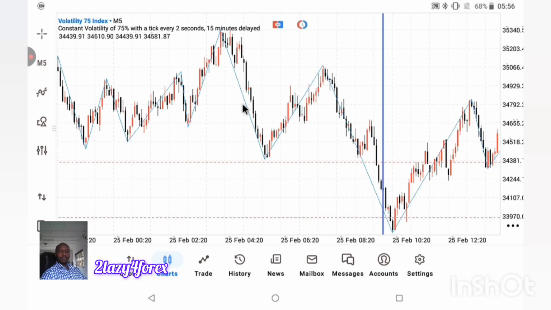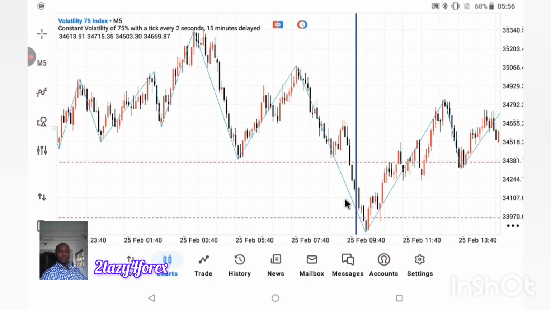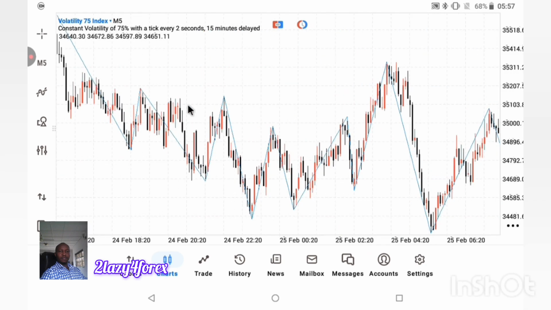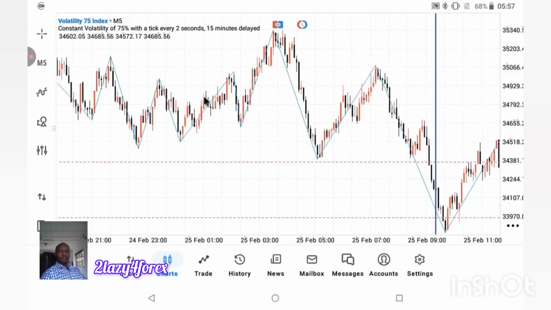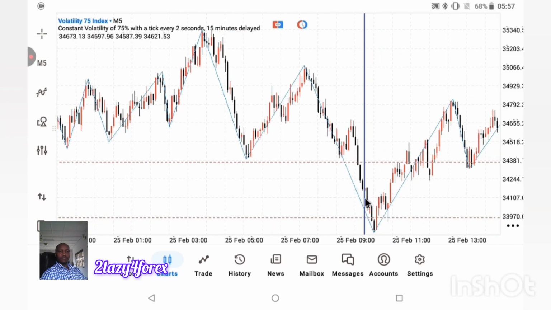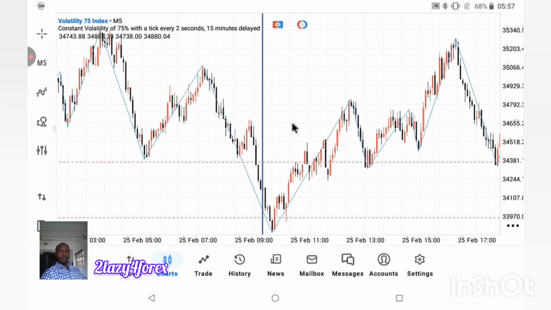What you will look for is you let price touch this. Once price touches the sweet spot, that is the spot you want. Now you start looking for a break of the lowest high. If it is in the opposite direction, you look for the break of the highest low. But for this particular one, we are trying to look for a buy, so we look for the break of the lowest high. It happened here, but this place has not touched our zone that we marked. This is the box that we marked. So you always have to wait for the price to enter that box, touch the box, then you start looking for the break of the